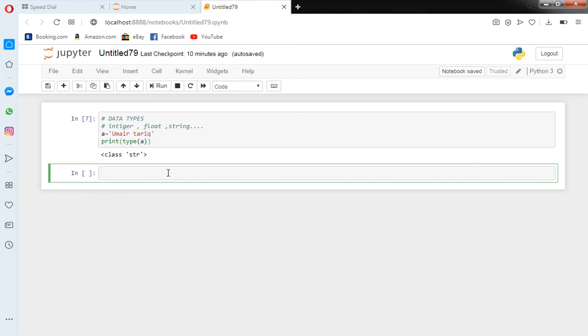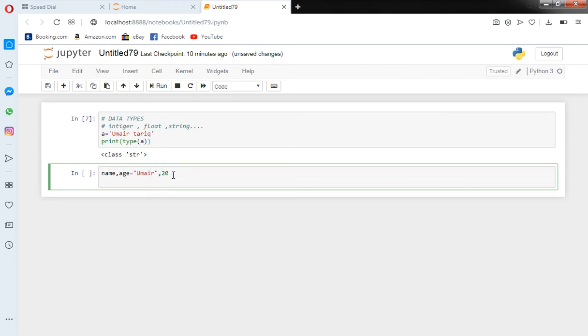If I use name comma age is equals to, if I put here Umair comma 20. Okay, you can see here I am assigning two values to two different variables. One is a string value and the second is an integer value.